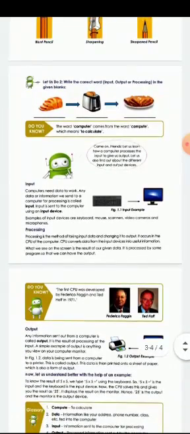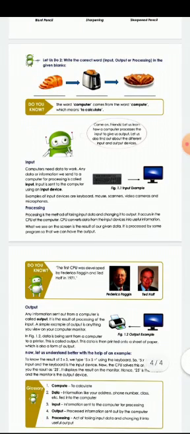Now first we'll learn about input. What is input? A computer needs data for working. Data means any type of information given to the computer. If we want to get something, then we have to give something also, isn't it?